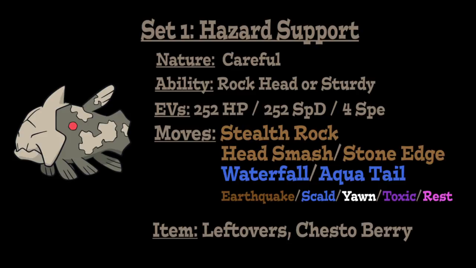main STAB Water type attack, both of which dealing quite a bit of damage, Waterfall having a chance to flinch, whereas Aqua Tail can also be a little bit more powerful but does have a chance to miss, so keep that in mind. And then for your last attack, running an additional physical coverage move in the form of Earthquake,